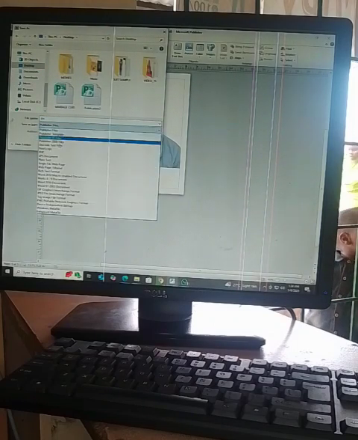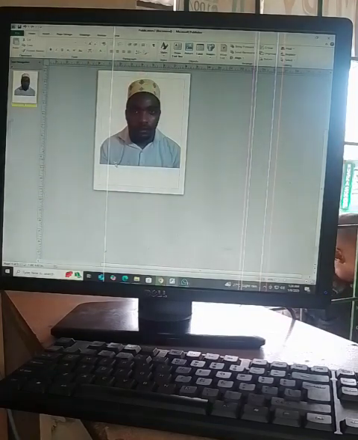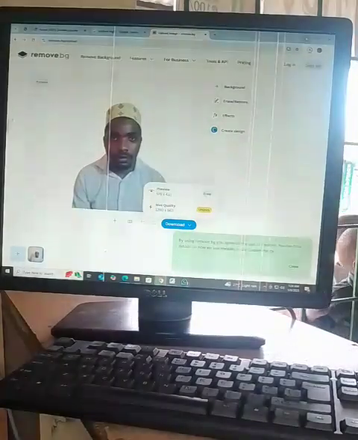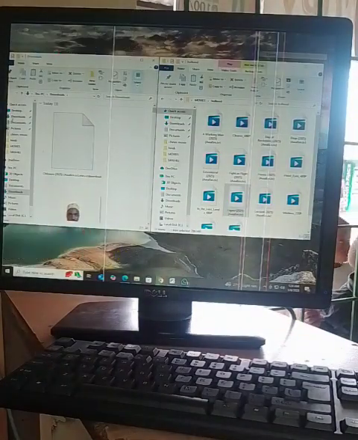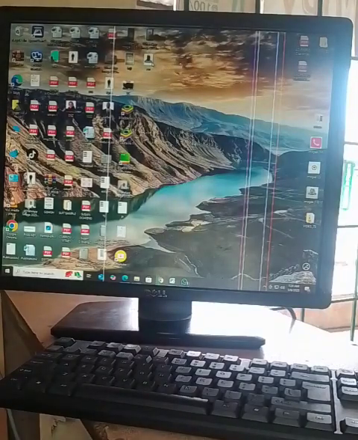You can give whatever name you want, JPEG format, save. Minimize the tabs, refresh desktop. There it is, our image with a white background.